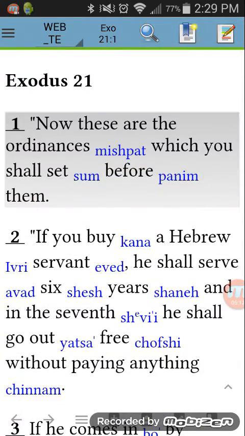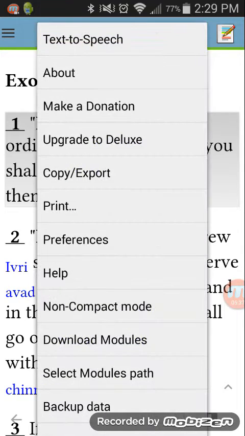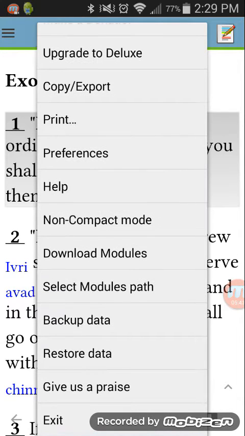The last part is I'll cover the preferences and downloading new modules. To do that, I have a hardware menu button, but if you don't, you'll have three dots in a vertical line on your screen. You can click that, and that'll bring up the menu, and we'll go to download modules,